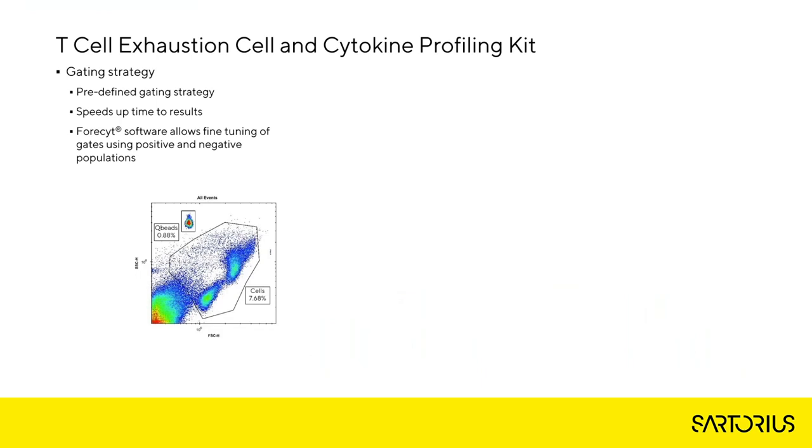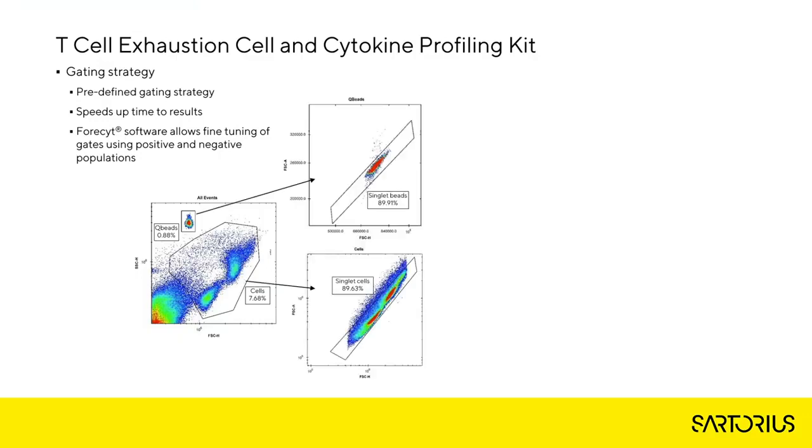Also provided with the T-cell exhaustion kit is the predefined gating strategy. This speeds up the time to results as these gates are auto-populated whilst the data is acquired. Foresight also allows the fine-tuning of these gates by using positive and negative populations. Initially, Q-beads and cells are clearly separated using the forward scatter and side scatter graph. Singlet beads and cells are then selected for, and Q-beads are then split into TNF-alpha and interferon gamma based on